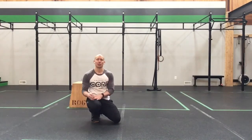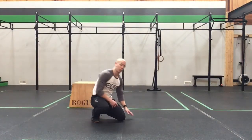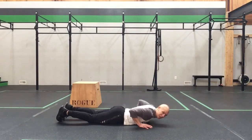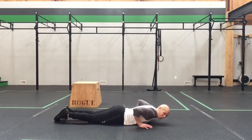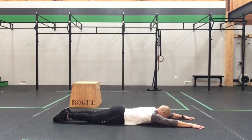So we have a 10 to 30 second count there, and then we're going to lower to our stomach, which we're going to work on our prone shoulder raise. That's what we're doing. Prone shoulder raise. So we're going to bring our arms out to the front. Toes are together. And I want you to embrace the idea of doing this picture perfect handstand in the middle